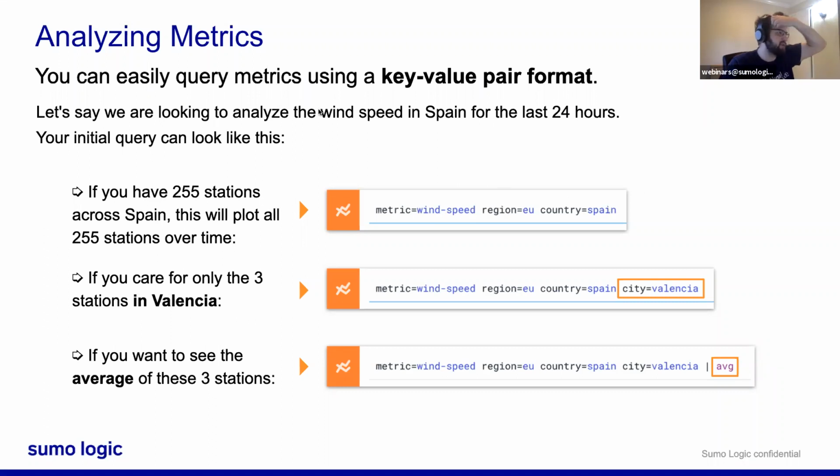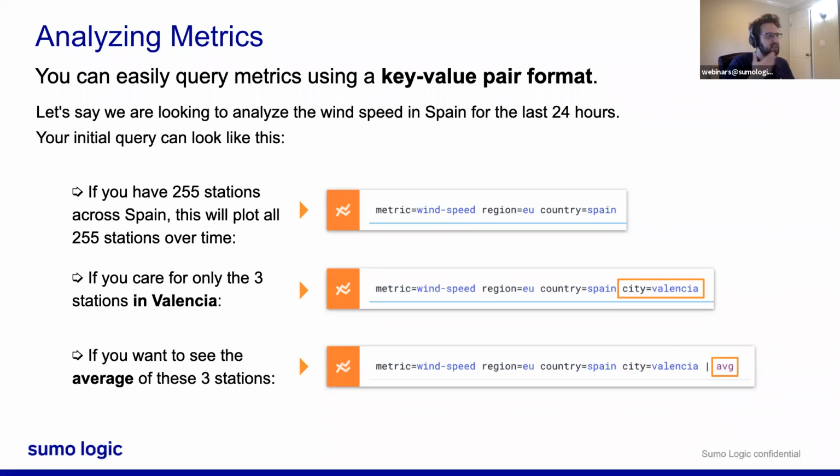So let's say our goal is to look at wind speed in Spain for the last 24 hours. So using this format right here, we could say, show us the wind speed for the country of Spain. And as it says here, if we have 255 stations, we are going to see 255 unique